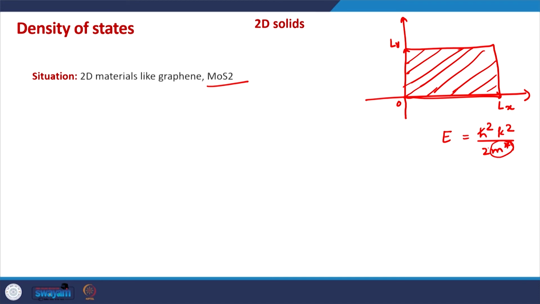All the effect of crystalline potential and the interaction of atomic cores or crystal with the electrons can be encapsulated in the effective mass,